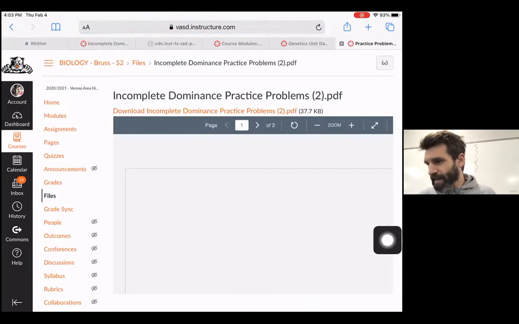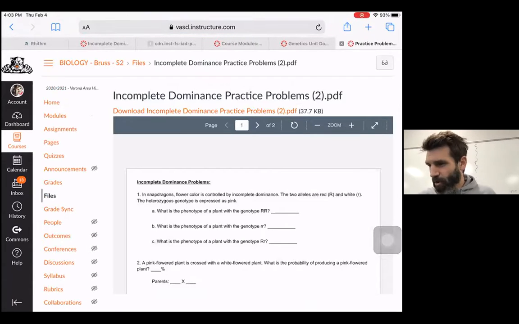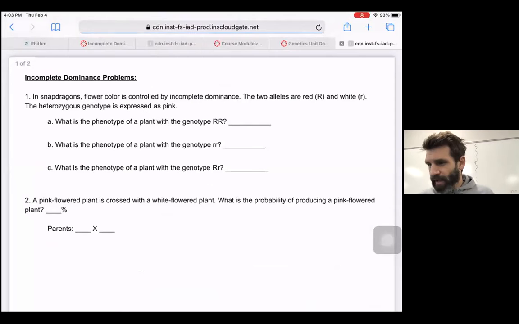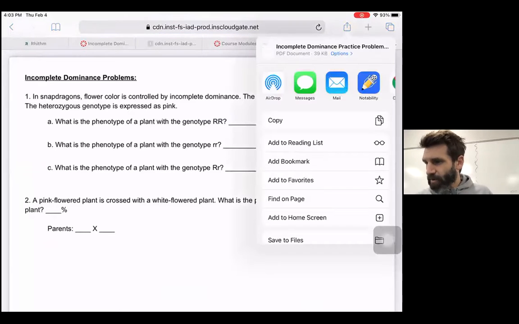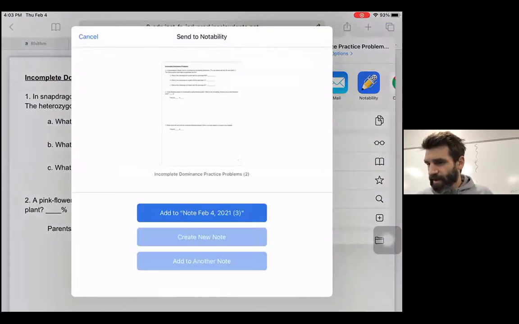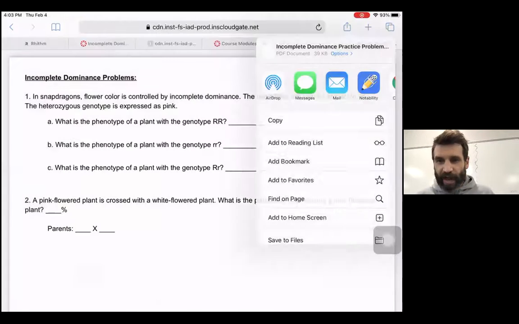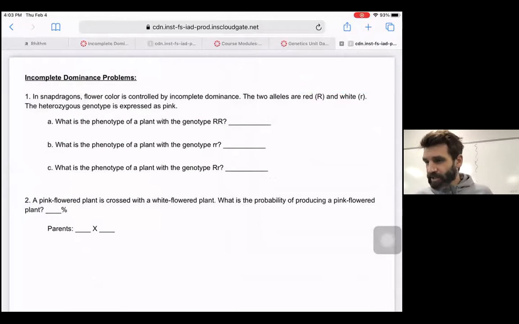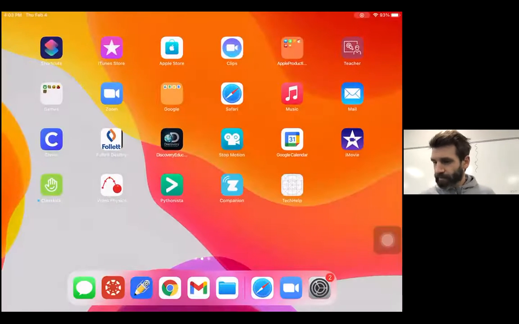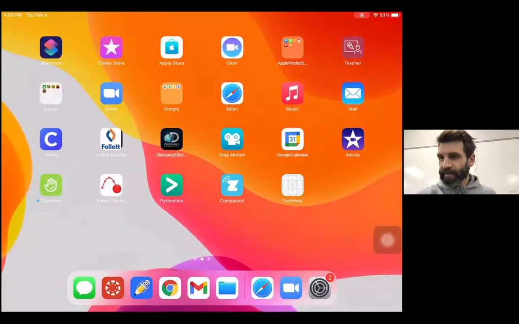And it comes up here. I'm actually just going to open up the PDF as a whole. I clicked up at the top there, and then I'm going to send this out to Notability. I'm going to create a new note, and we should have this in Notability. And let's go take a look. So back over to Notability,